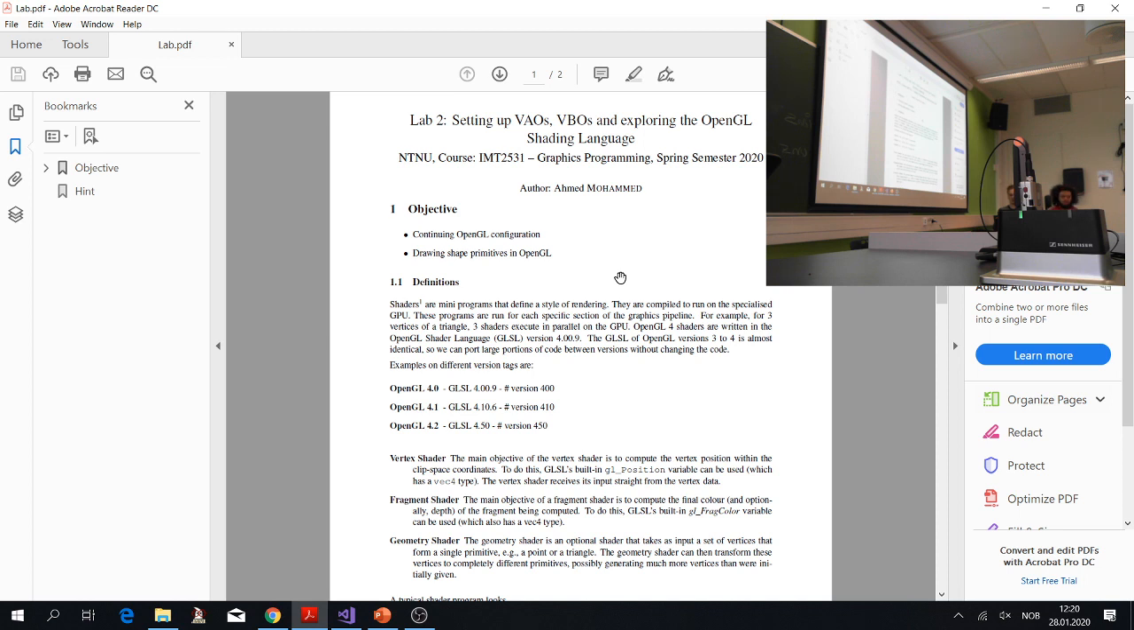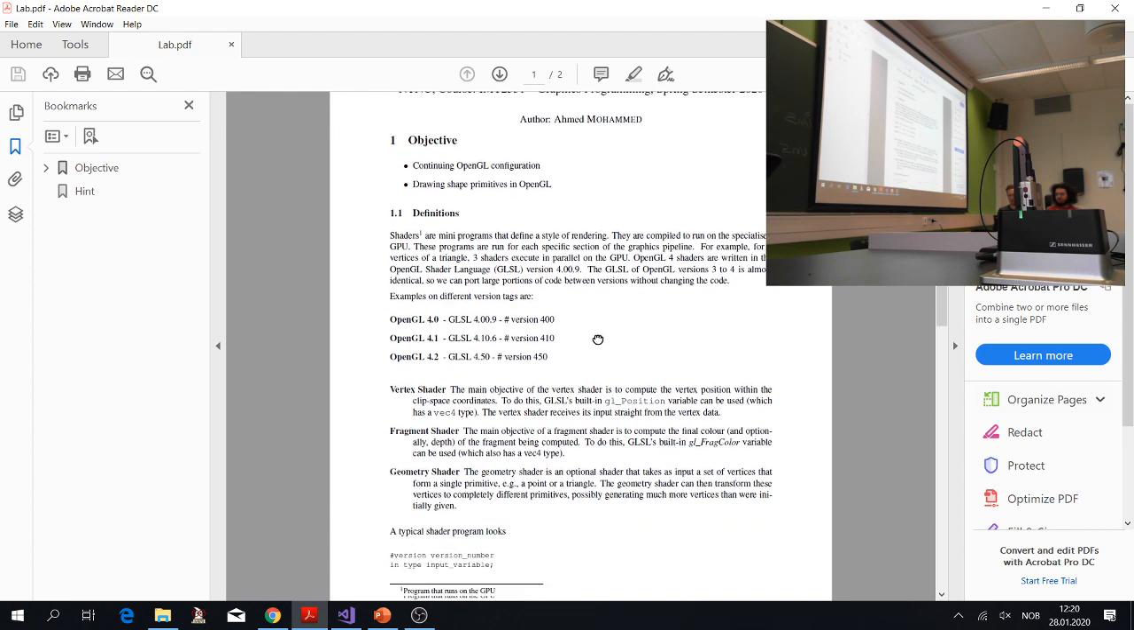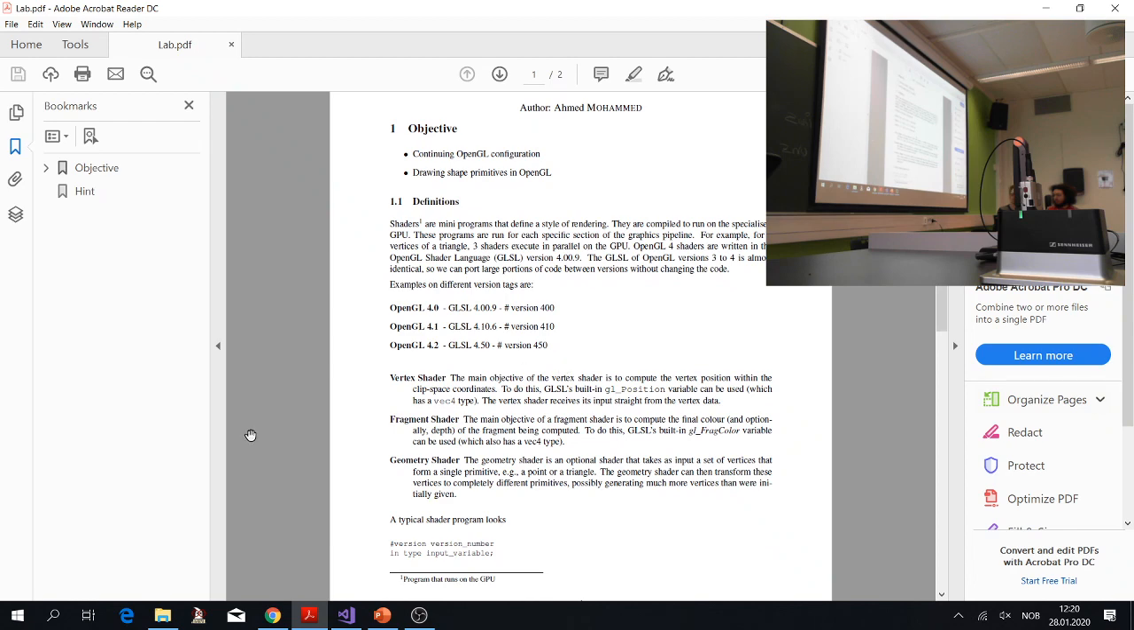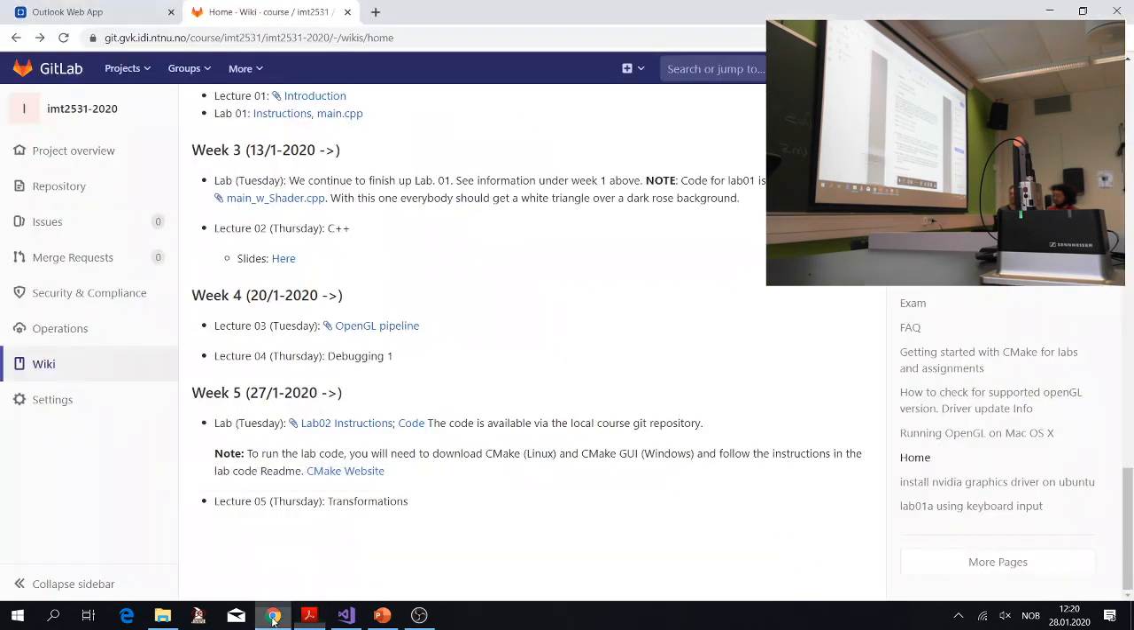So in the first lab you set up everything manually, setting paths to folders and linking. Now we're going to do it using something called CMake. So you'll find,